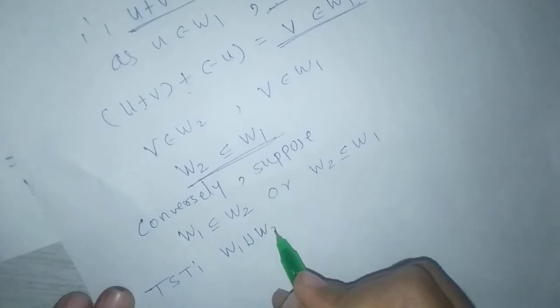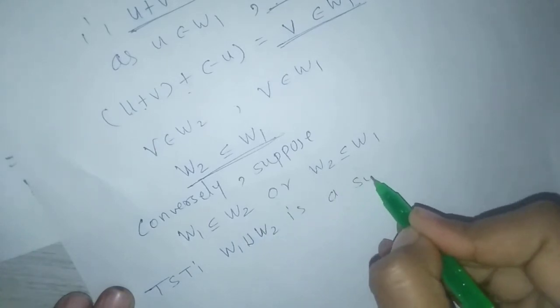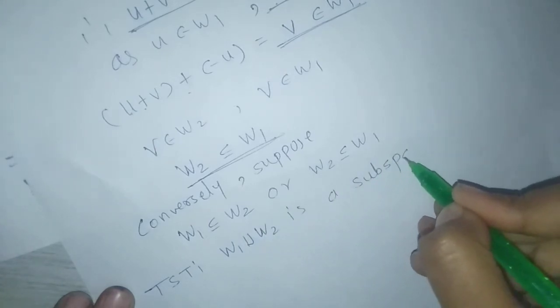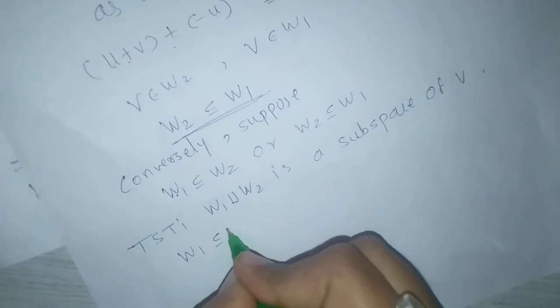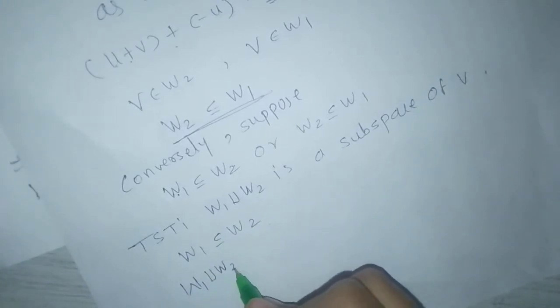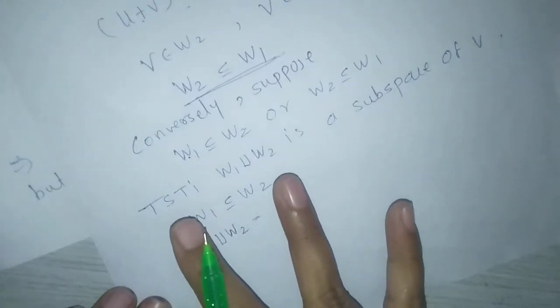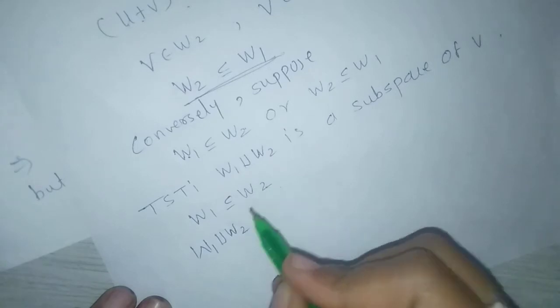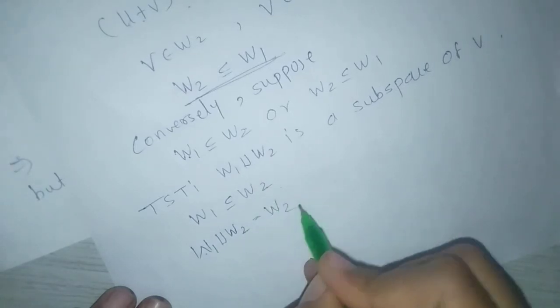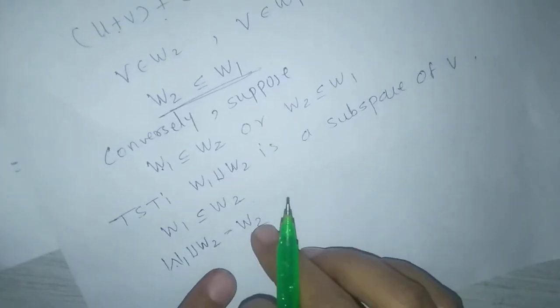Now to show that W1 union W2 is a subspace of V. First, given W1 is a subset of W2 means W1 union W2 equals the bigger element in this comparison, which is W2, means W1 union W2 equals W2, and given that